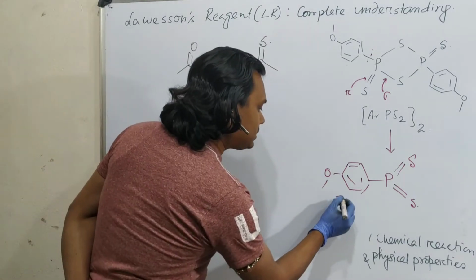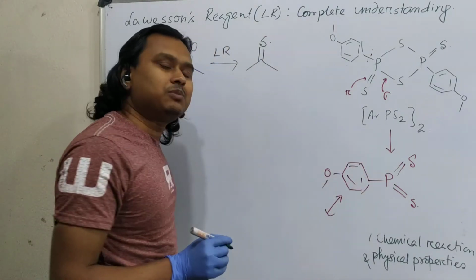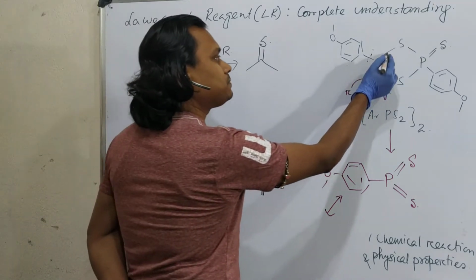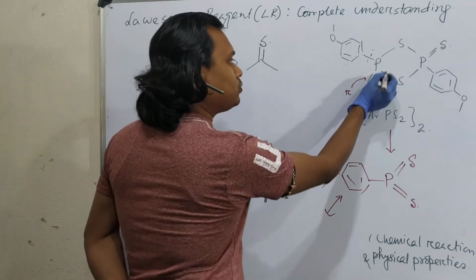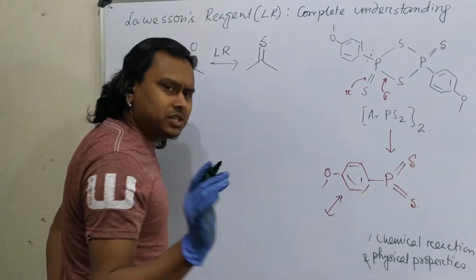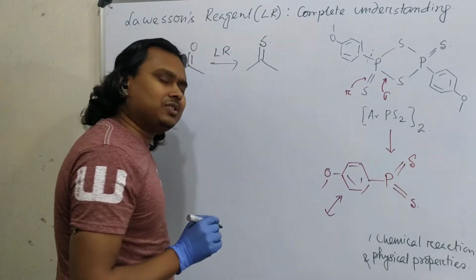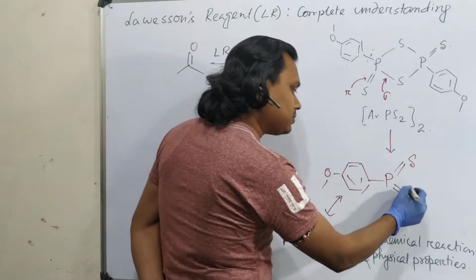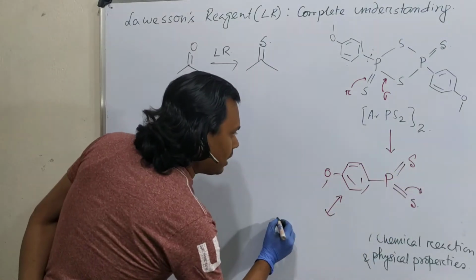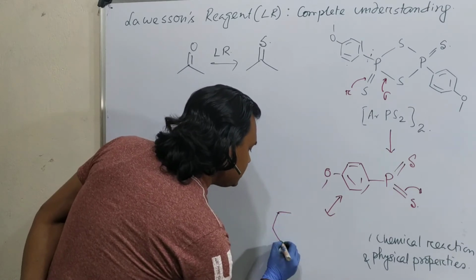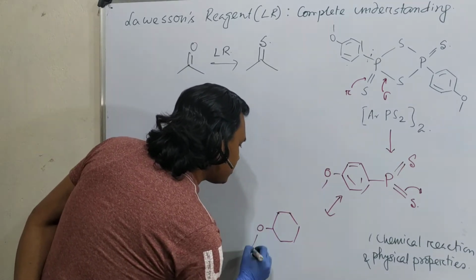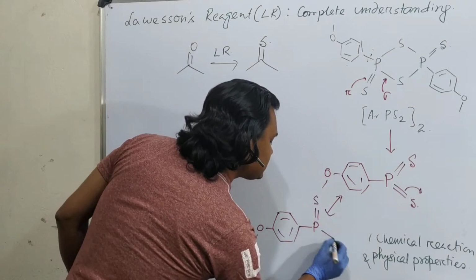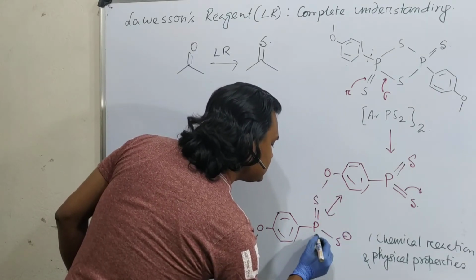As I told you, this phosphorus sulfur double bond is not that stable. By the way, see, this phosphorus is penta-bonded, means here 2 bonds, here 3 bonds, so this is penta, logically fine, but actually this is not that stable. Why? Because the phosphorus sulfur pi bond, I told you, is unstable, so what happens? It can open up. Now it results in this is S, this is S minus, this is.